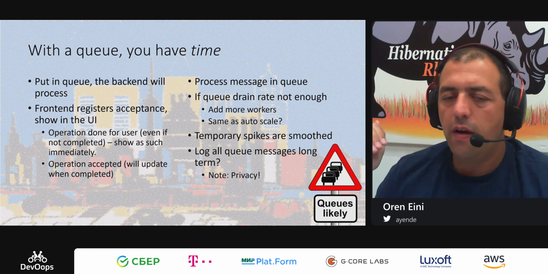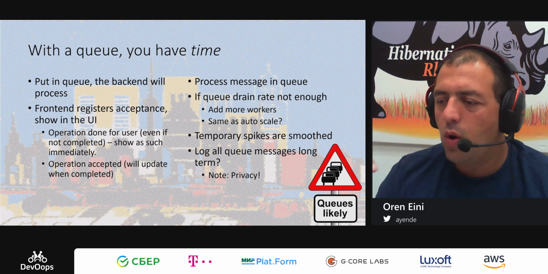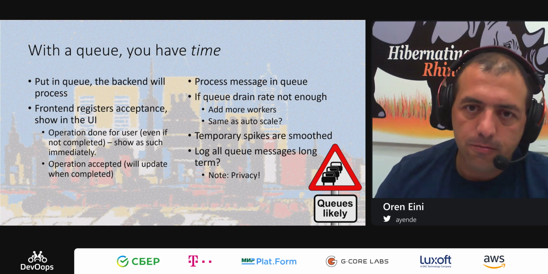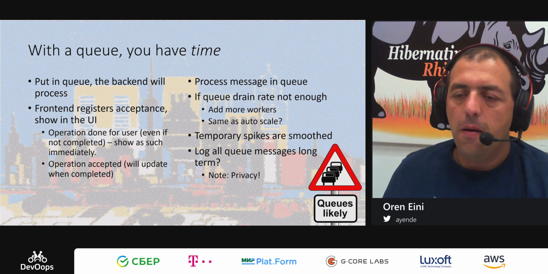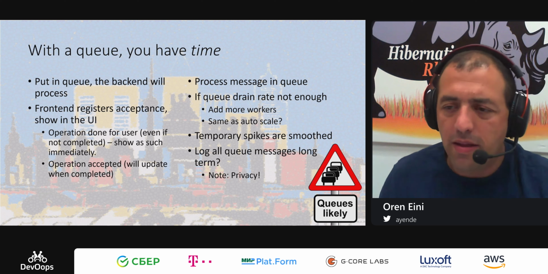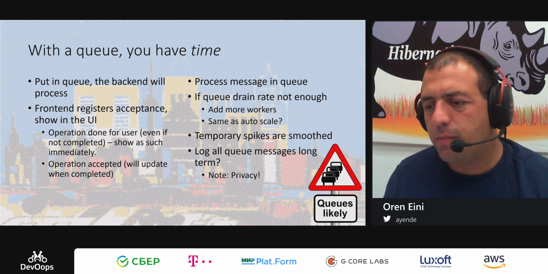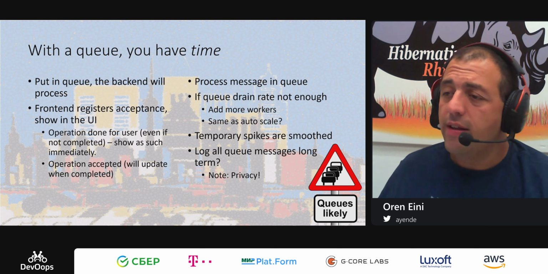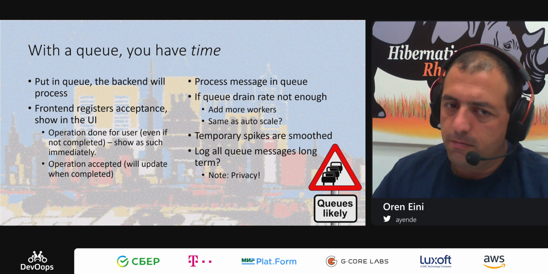For example, if I'm posting something to a blog, I may want to run that through spam detection. And that may mean that I have to take some time to do that. But the frontend could already put that comment in the blog, completely purely JavaScript code, which is fine. The user is happy. We will complete that operation.